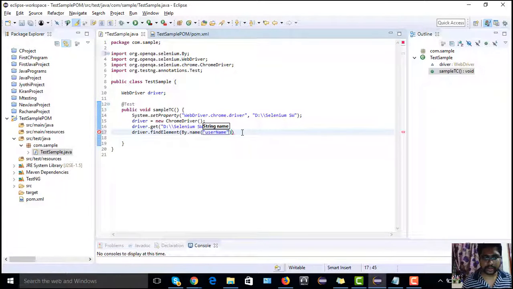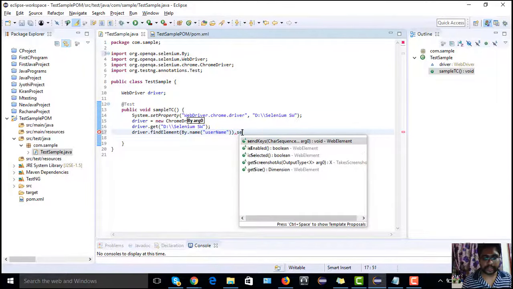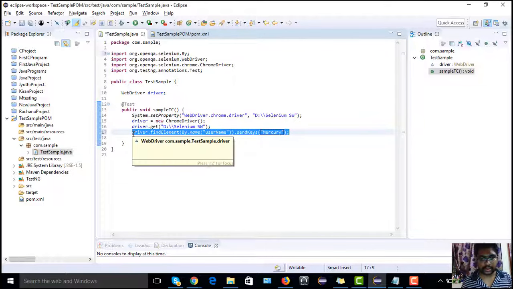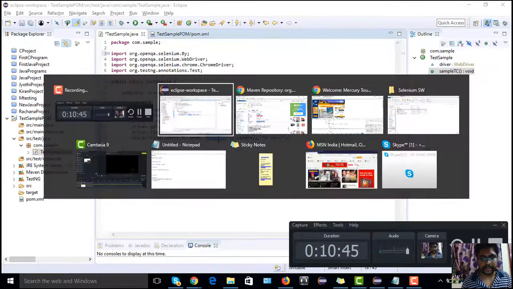Then dot sendKeys of string Mercury. The same I'm going to do for password.